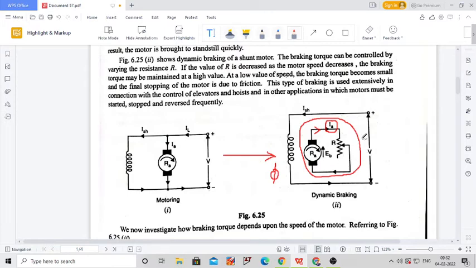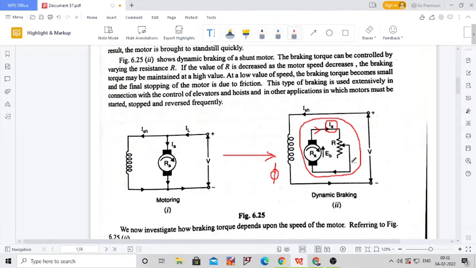According to the braking time required, we can vary this resistance so that we can achieve fast braking or slow braking. Accordingly, the electrical energy generated inside the armature gets dissipated in this resistance in the form of heat. This type of braking is generally used in connection with the control of elevators and hoists,